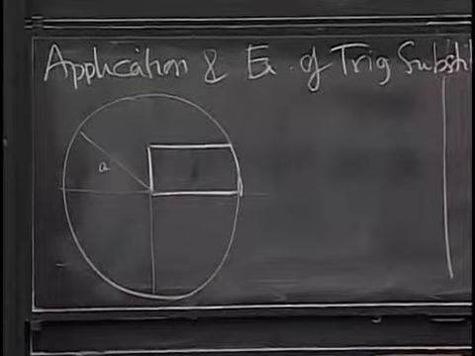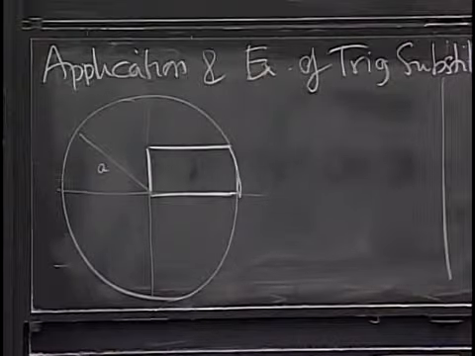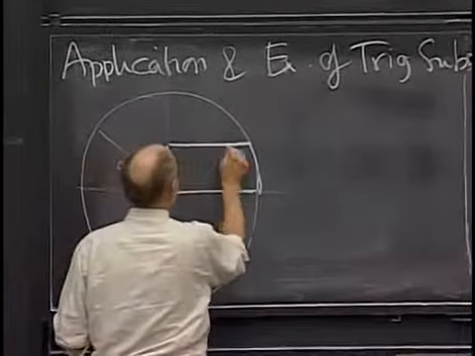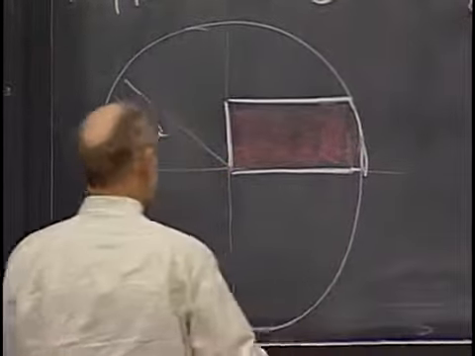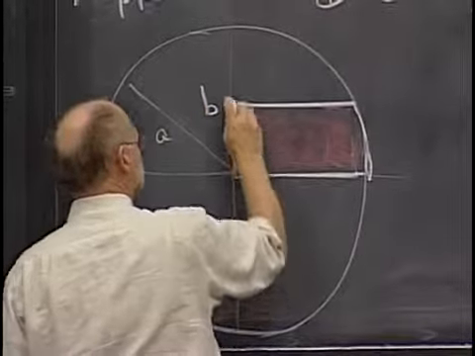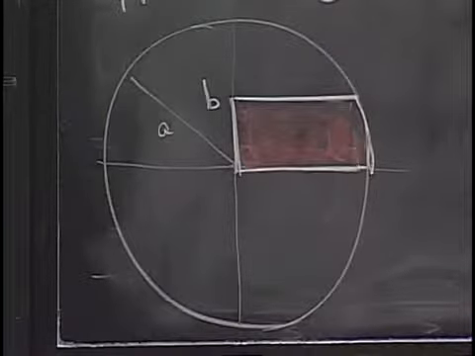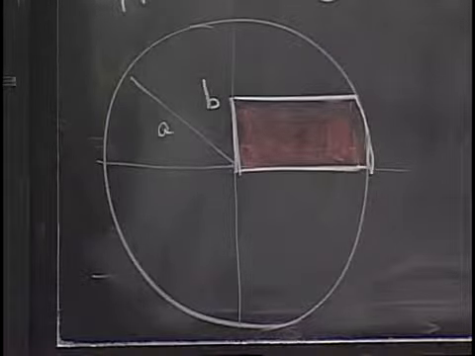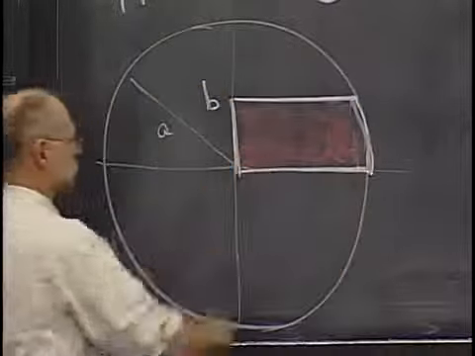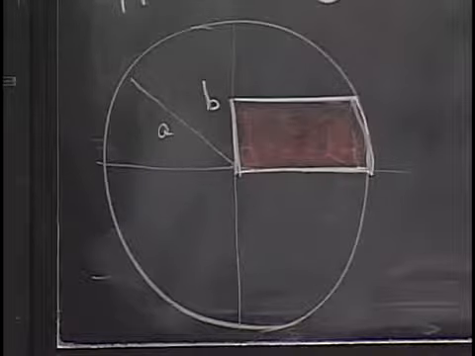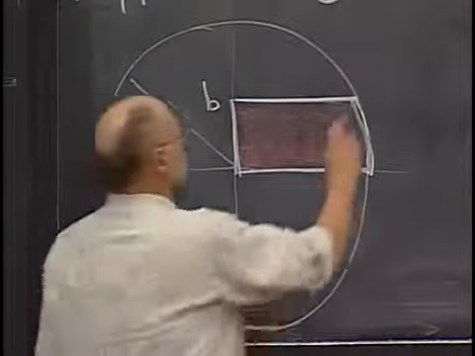Okay, so I have a circle whose radius is a. And I cut out from it a sort of tab, this tab here. And the height of this thing is b, so that this length is a number b. And what I want to do is compute the area of that little tab. That's the problem. So there's an arc over here, and I want to find the area of this in terms of a and b. So the area,